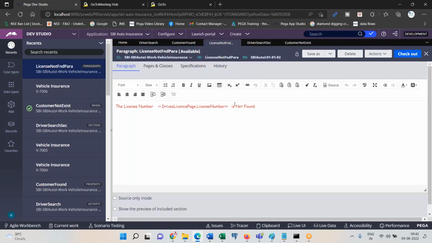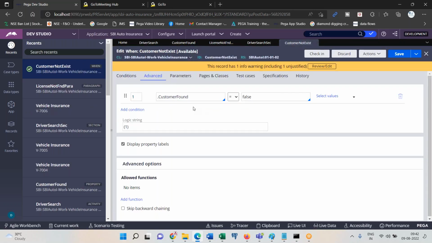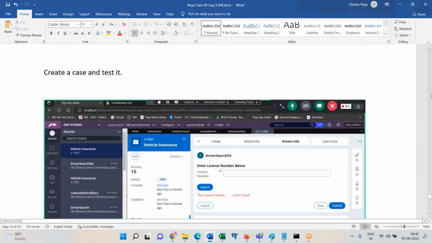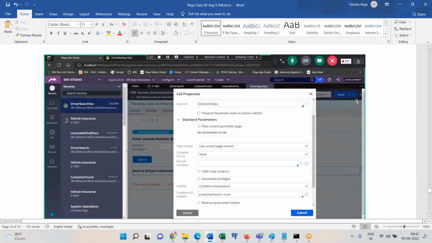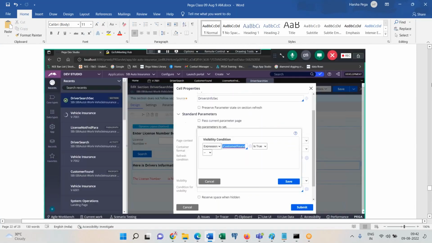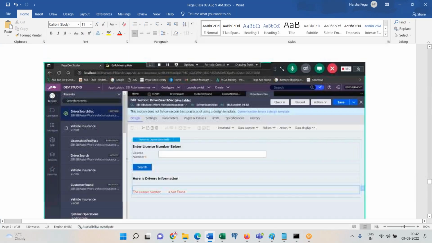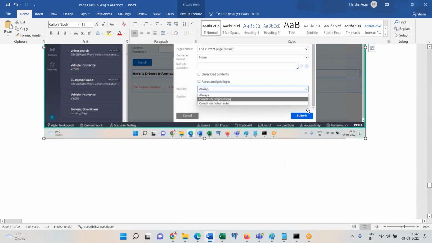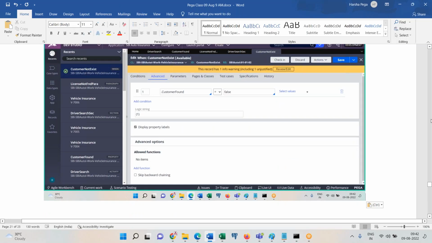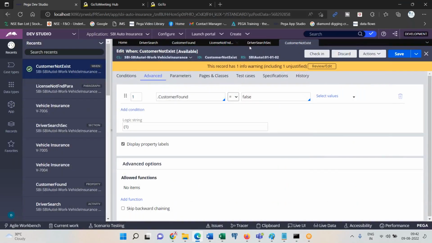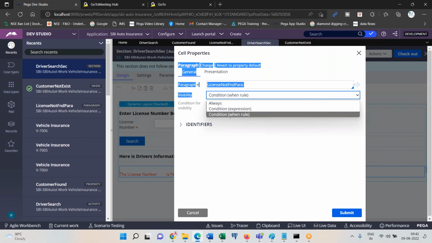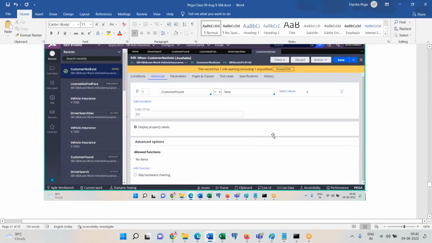Okay, instead of hard-coded things, better you create a when rule. Okay, I'll change the screenshot, hold on. It will work. Don't hard code the condition. First one you leave it as it is. And I'm talking about this error message part. Condition when. This one you choose to be condition when, visibility condition when I'm changing it,